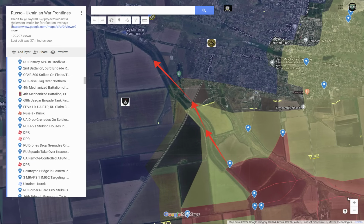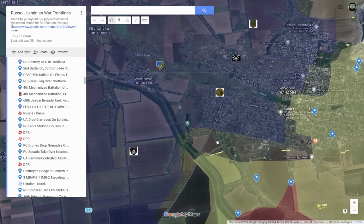And this is something that is not confirmed yet. Russian sources are widely reporting this, and I'm trying to be very cautious with my reporting because I haven't been keeping track of events that closely over these past 3 days. I'm just recounting them as I go. And you could see that some Russian sources are discussing a Russian entrance into Vishneve, which would look something like this. That implication would be that the actual physical connection between the rear, and you do have a very extensive